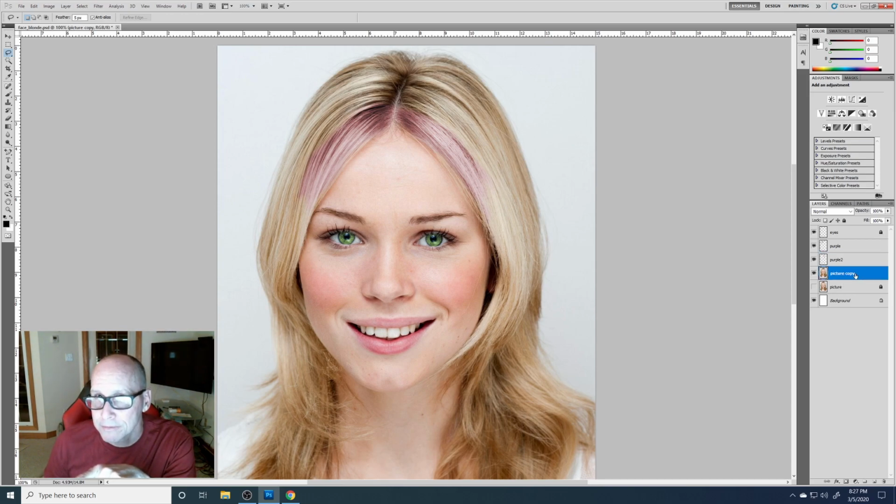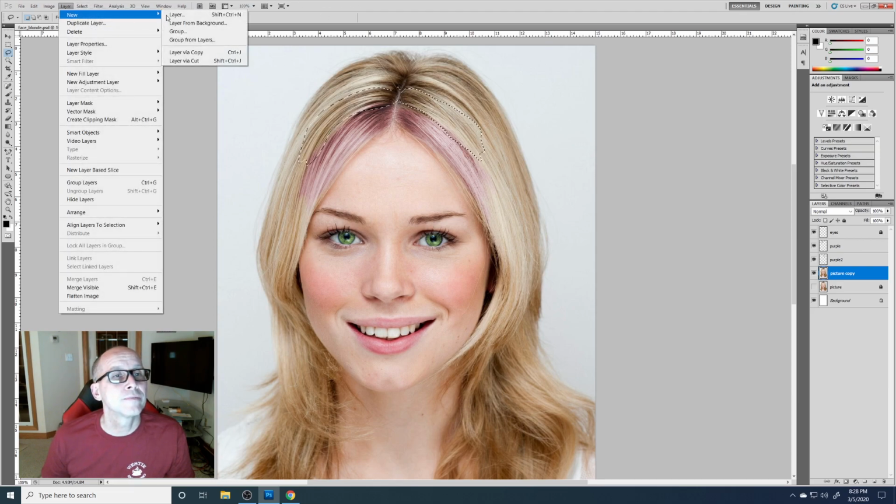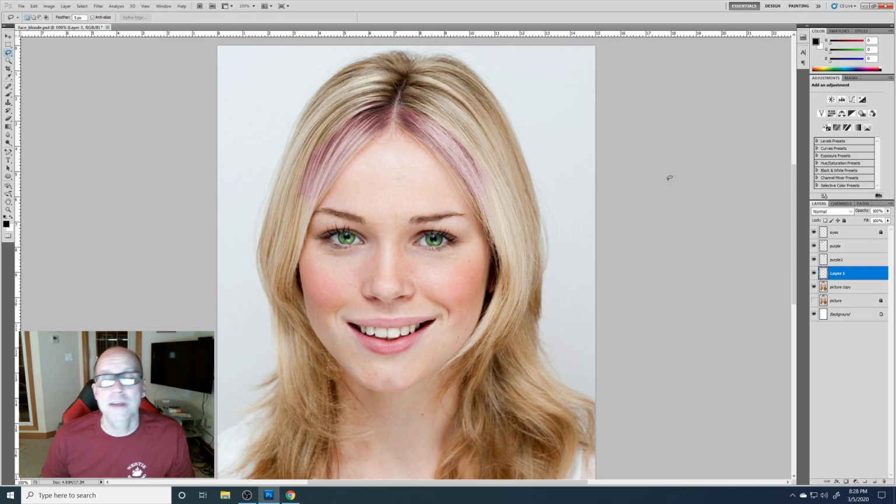Select the picture. This is the workflow, by the way. Select the picture. Select your lasso. Grab your lasso and do a selection. And it's okay that it overlaps there. It's totally fine. And actually, I'm going to hold my shift down. And I'm going to do the other side. There we go. Now I'm going to go layer new, via copy,